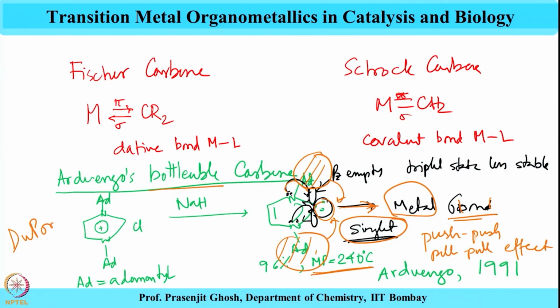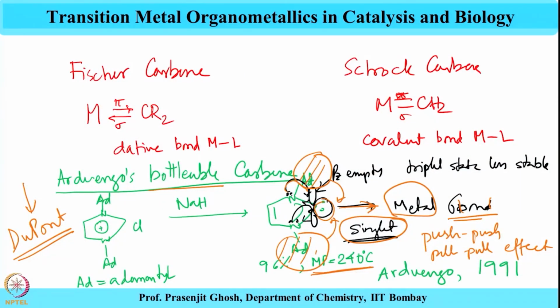We had also spoken about DuPont in the context of the first observation of metathesis, of observing ethylene propylene copolymer from a feed of ethylene for olefin polymerization over a molybdenum catalyst, which was indeed first observed at DuPont. So, here we see another interesting contribution coming out of an industrial lab, and this is the bottleable singlet carbene